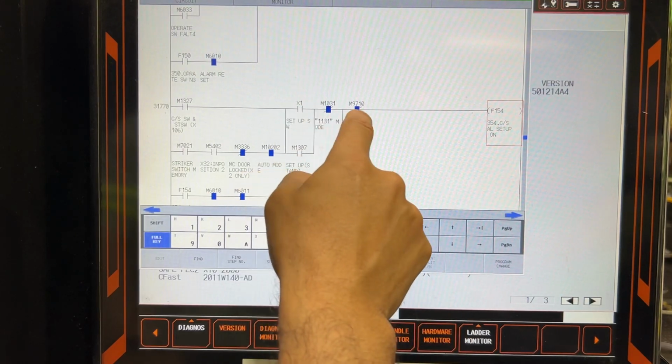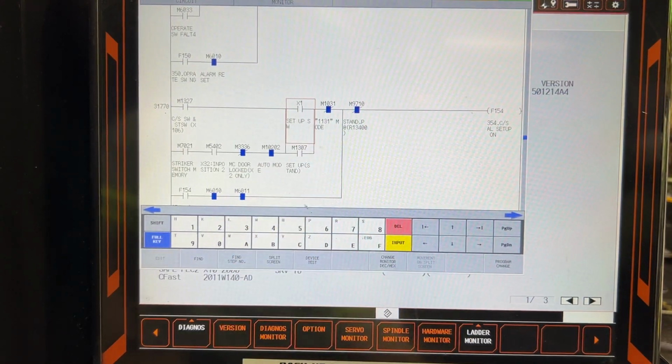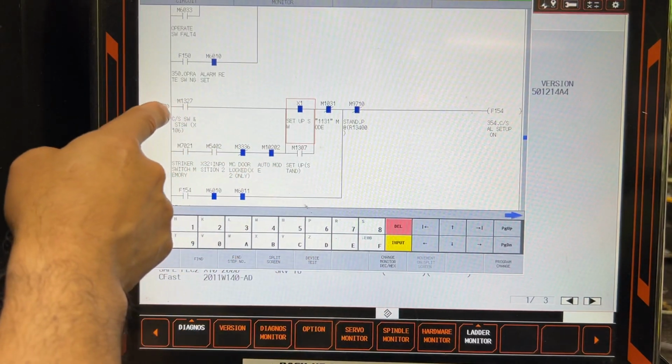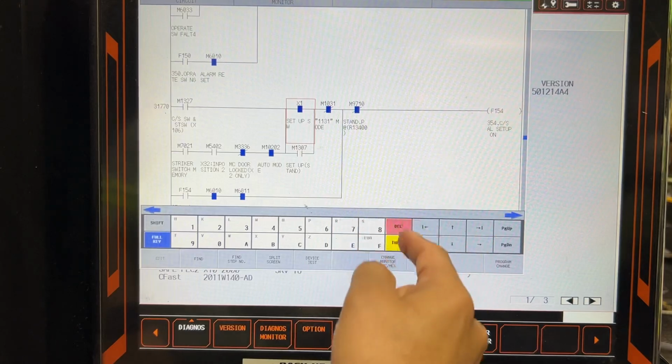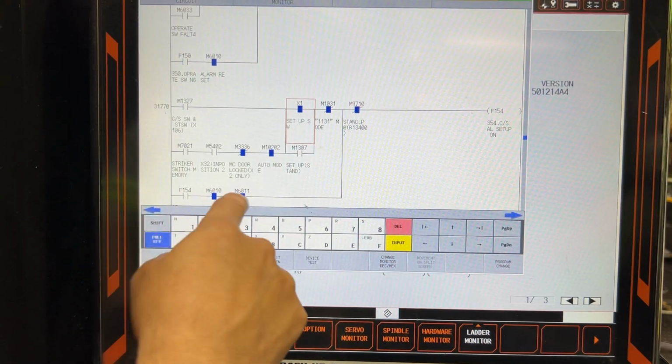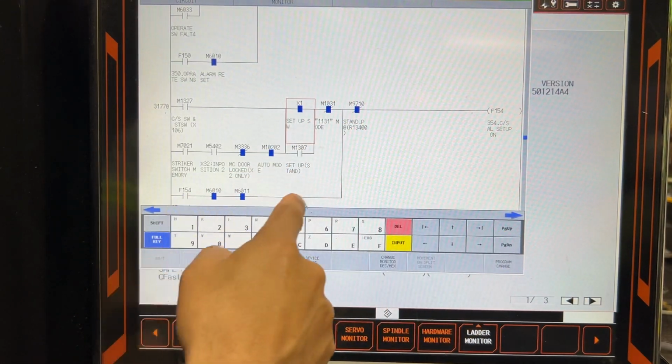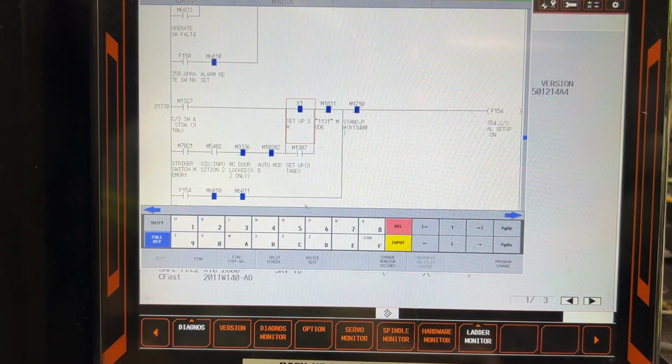And as you see, this alarm's setup key is pretty simple. I'm going to turn it off, and if I leave the setup key on, and I have this condition, it's going to trigger the alarm. And this is the branch where the alarm is retained until you press reset or delete the condition. So let's leave the key on, and